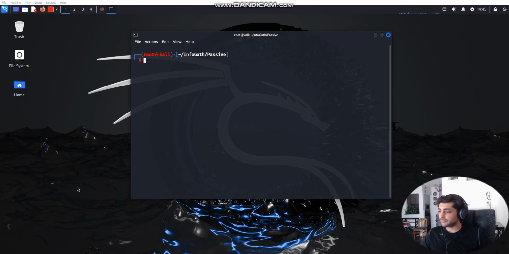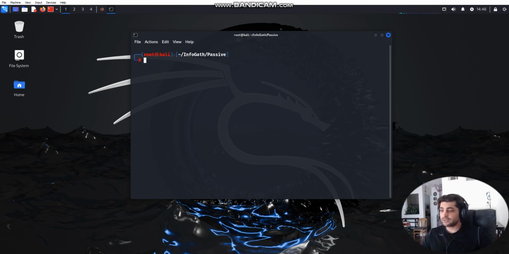I will show you passive information gathering tools. First tool is Recon-ng. Recon-ng is a full web reconnaissance framework written in Python, complete with interpreter modules, database interaction, interactive help, and command completion. It provides a powerful environment in which open source web-based reconnaissance can be conducted quickly and is so easy to